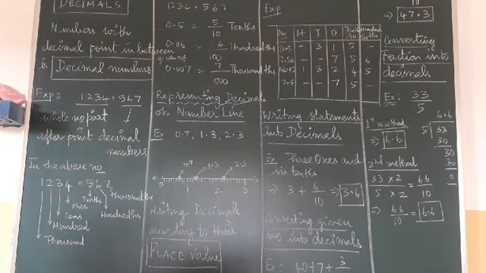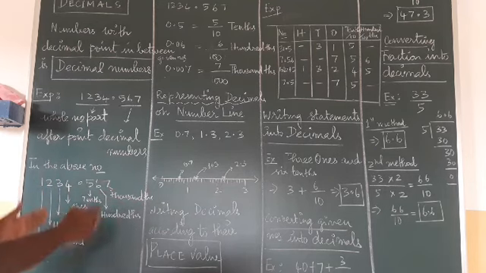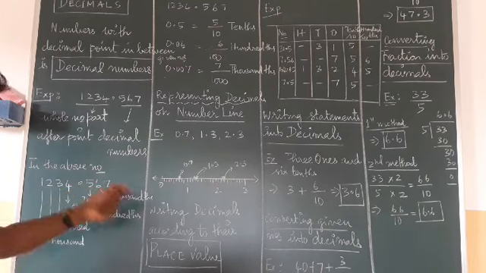In the decimal part, what do you call it? We already studied this in 5th and 6th standard, and in the first chapter also. What is that? 0.5, the 5 is the tenths place. And in 0.56, the 6 is the hundredths place. And in 0.567, the third digit 7 is called the thousandths place. So from the point, the 5 is called tenths, 6 is called hundredths, and 7 is called thousandths.